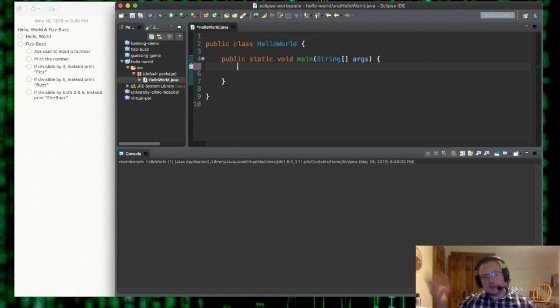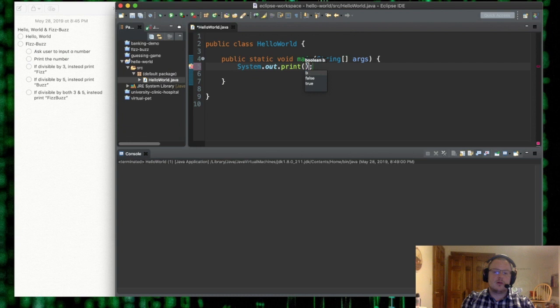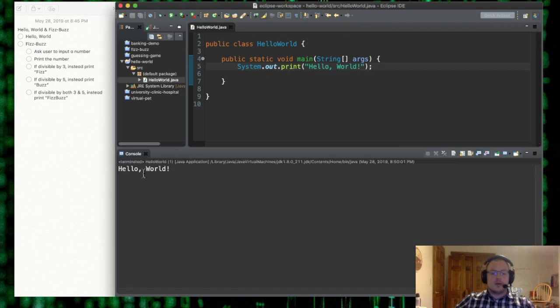One of the first things that we learn is system.out.print hello world. Okay, so we printed our hello world just like this. Hello world shows up, and if we decide to system.out.print something else,